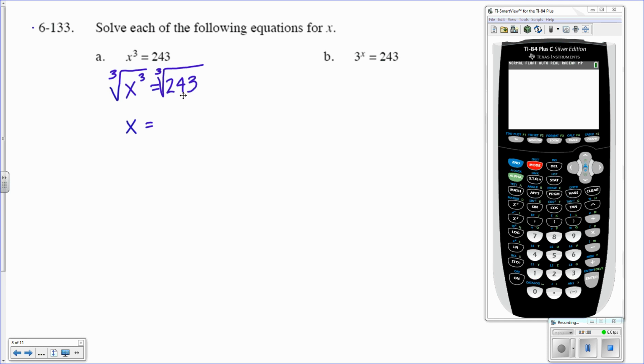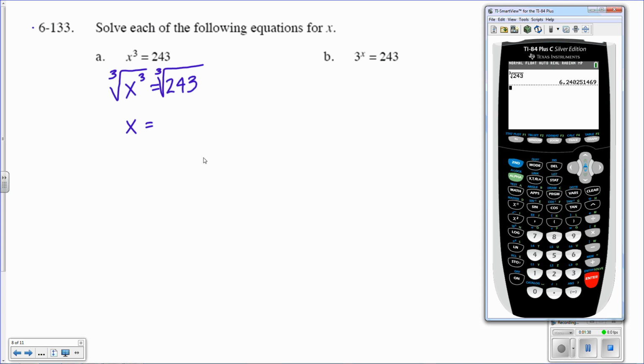And then the cube root of 243, if you're unsure what that is, you can just do it on your calculator. Now, if you don't know how to do the cube root on the calculator, if you go to math, you have some different options right on that first menu. So if we want to do the cube root, there's actually an option right on there for that. If you choose number 4, it's going to do the cube root for you, and then you can just type in the value and hit enter, and you'll see that the value is approximately